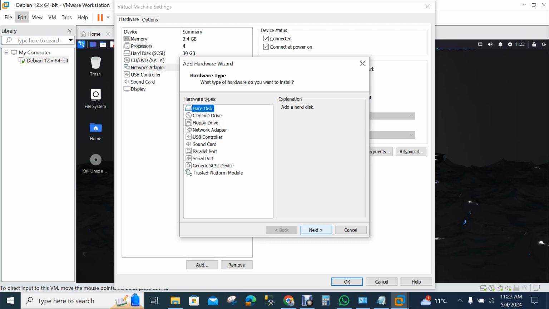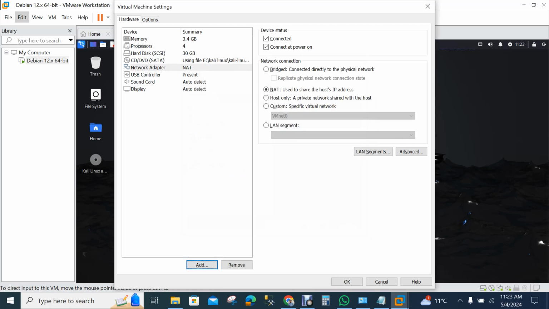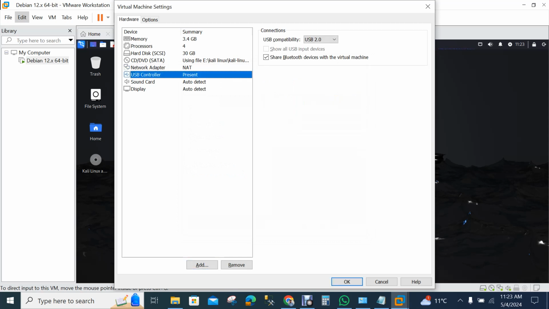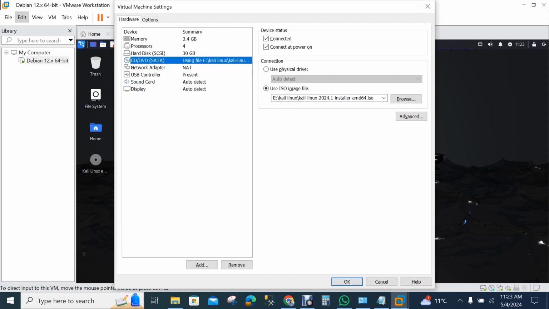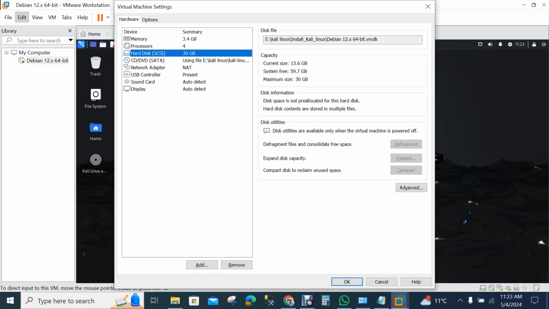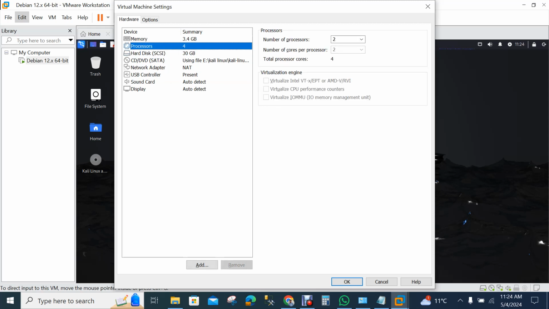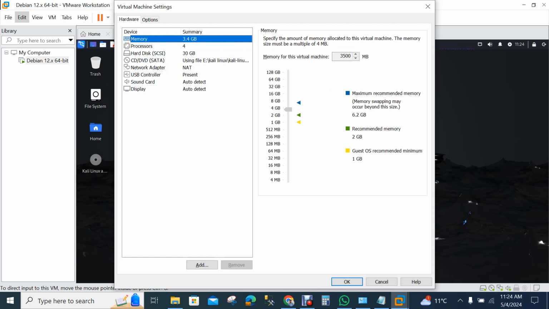We can make a hard disk, and here is also the USB controller, the sound card, the CD/DVD options, and the hard disk options. We can make another hard disk with partitions, everything with the processors and memory, everything we can do from here.